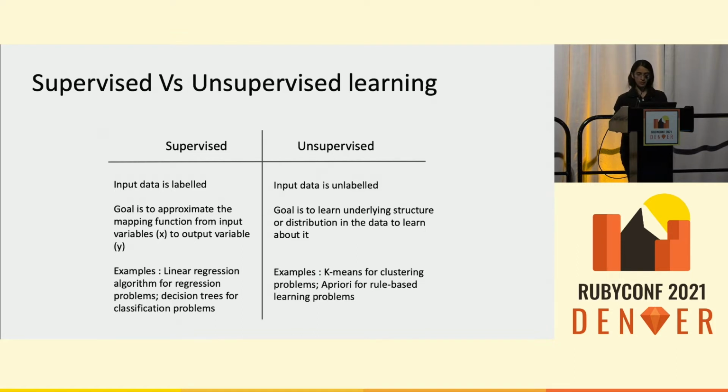While in unsupervised learning algorithms, your goal is to determine the underlying structure of the distribution of the data in order to learn and make decisions or predict outcomes about it. Some famous supervised learning algorithms are regression problems and classification problems. In regression problems, you can use linear regression or other available algorithms. And in classification problems, you can use decision trees, random forest, and so on and so forth.